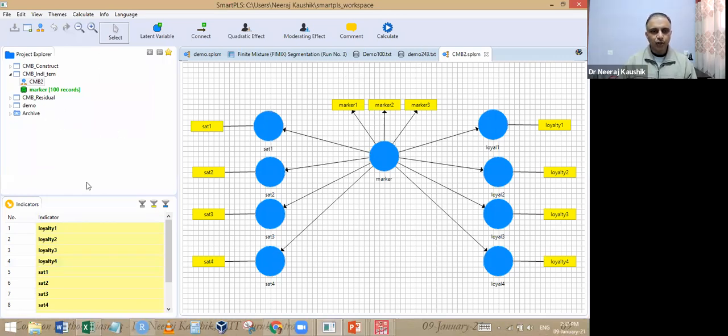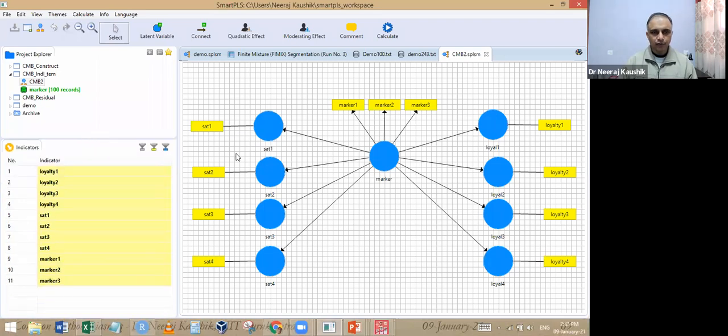So just put all the statements out one by one. In case you have the 5, 7 constructs, every statement needs to be here. If it's a very messy diagram, you can close it using Control X. You can close it down in Smart PLS, and then you can put as many circles. And then one is about the marker variable